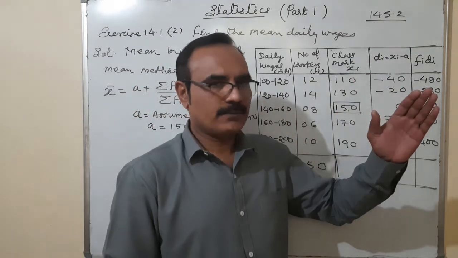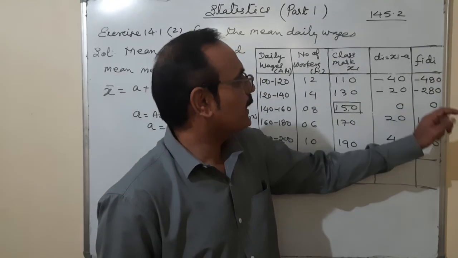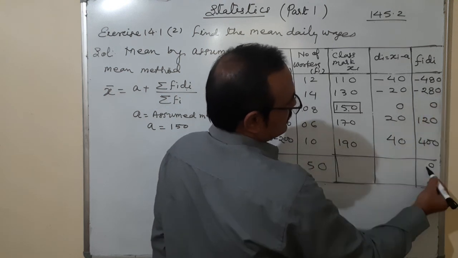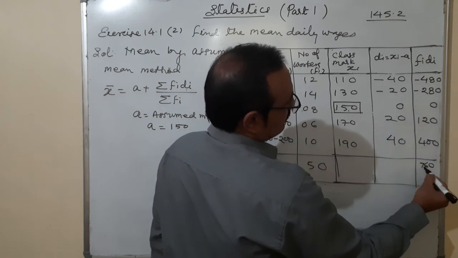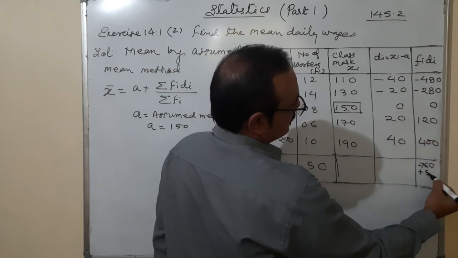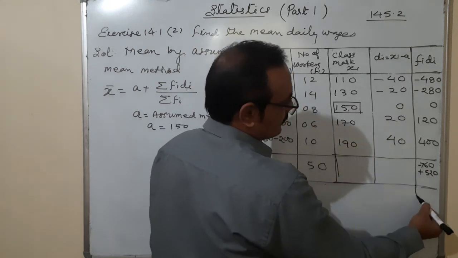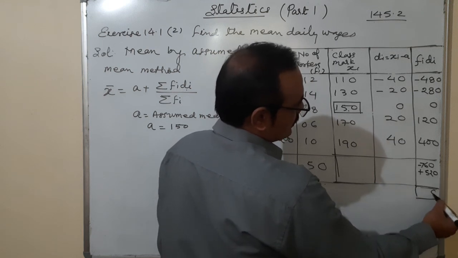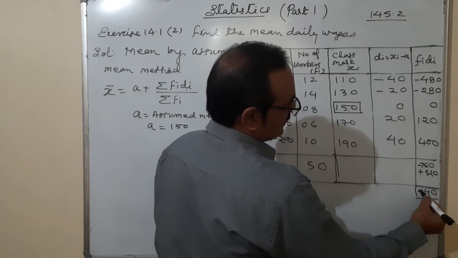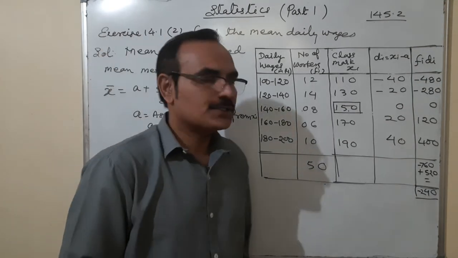Algebraically, we are adding negative numbers with negative numbers, positive numbers with positive numbers. There are two negative numbers, so we are adding them. So 0, 8, 16, 617 minus 760 plus 120, it is coming 520. Minus 760 plus 520, one is negative, one is positive. That means subtraction will be done. 6 minus 2, 4, and 7 minus 5, 2 with minus sign. So the final result is minus 240.